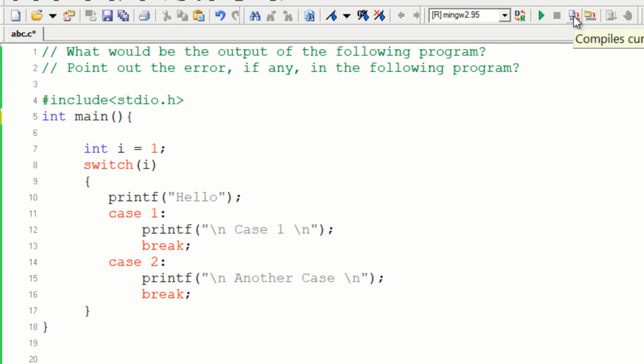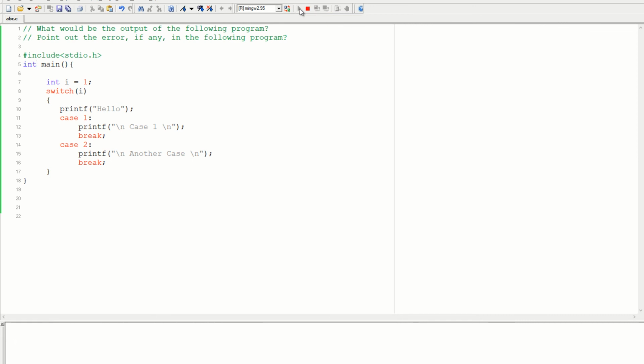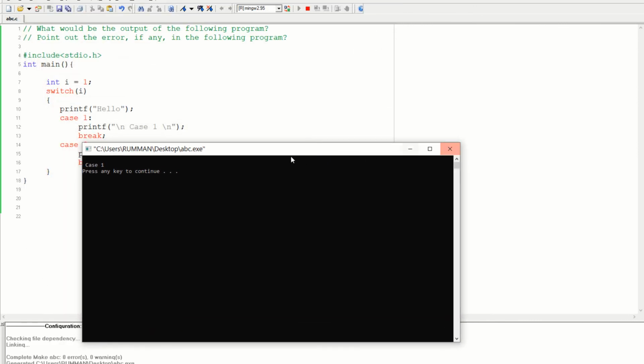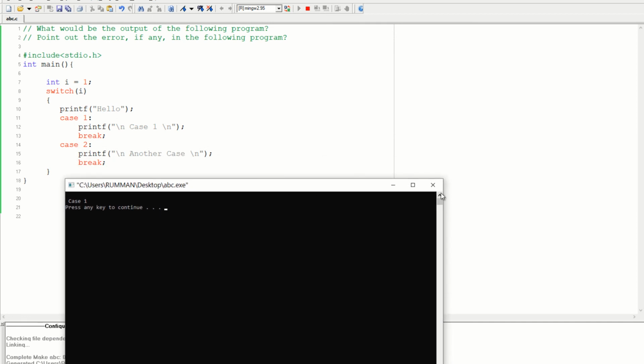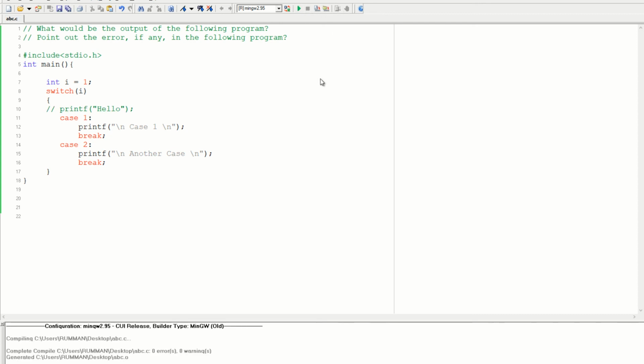If we change the return type of the main function to integer, you can see that the program gives the same result. But in the case of the warning, you can see that we have this warning message. If we erase it or comment it out, it will not show any warning message. After compilation it is not showing any warning message either.